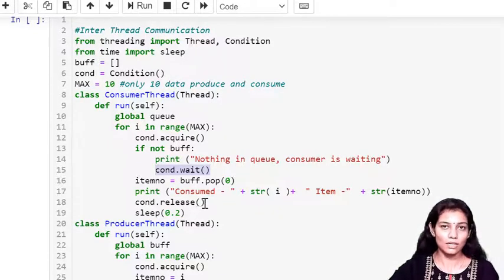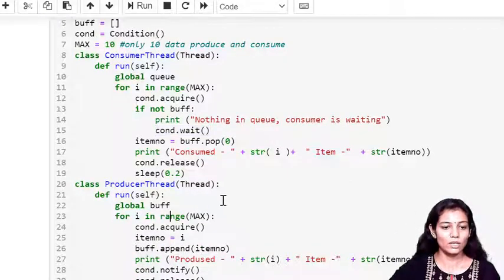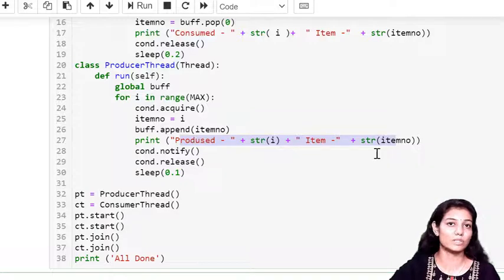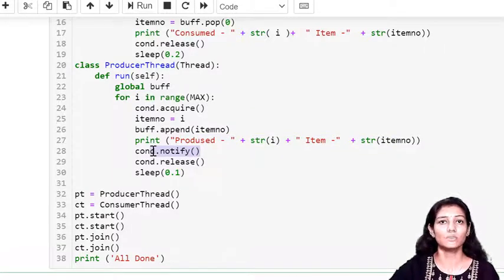So let us understand the code for the producer. Here we have the producer code, which is also a subclass of thread. It is overriding the run method for 10 iterations. It is also acquiring the lock. Then it is appending the item into the buffer. Then it will print a message of what item is produced. Then it will notify the waiting consumer.